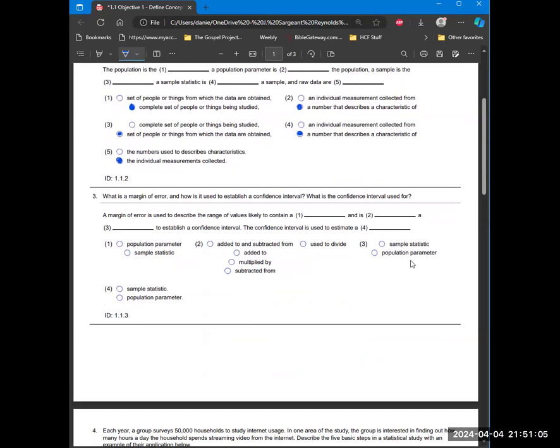Next question, what is a margin of error and how is it used to establish a confidence interval? That's going to be a whole big topic later that we'll talk about, but it's a big idea in statistics. What is the confidence interval used for? So just big idea. Here, a margin of error is used to describe the range of values likely to contain a population parameter,